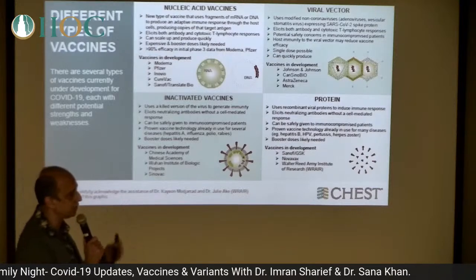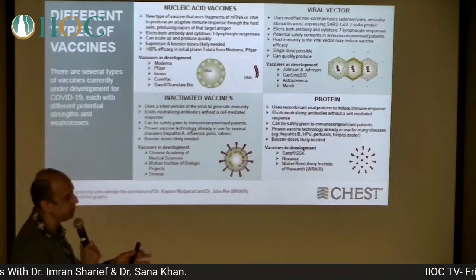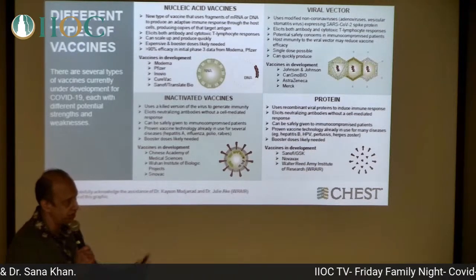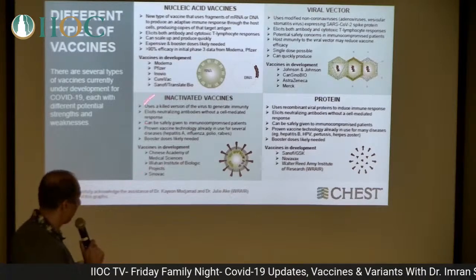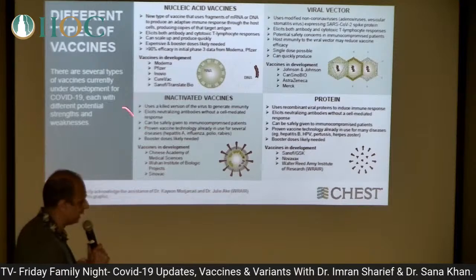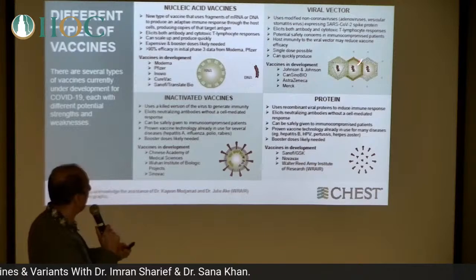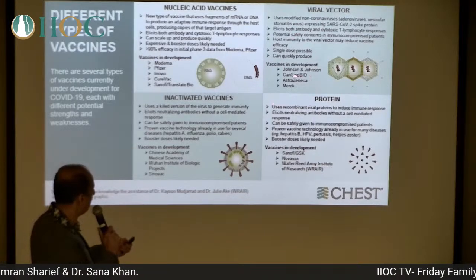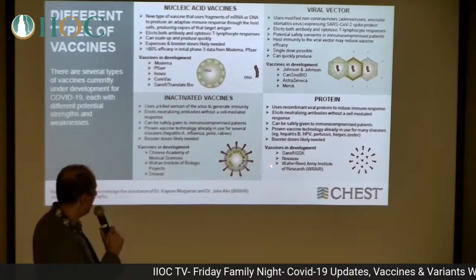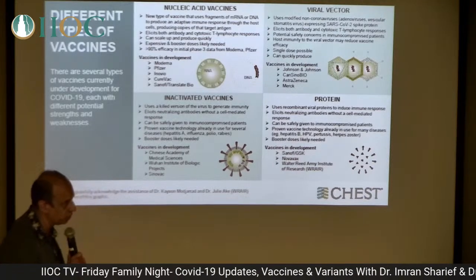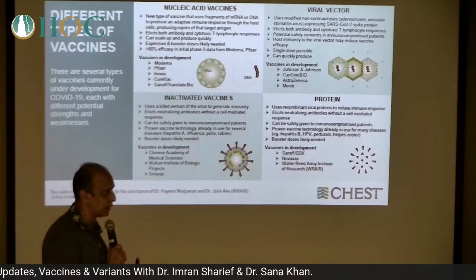So someone is actually using the genetic code to produce the messenger RNA, and the messenger RNA is going to get into your cell and start acting the same way as we discussed earlier, in how the body reacts. The other approach is giving your body a dead virus, a dead COVID-19. And then there is the viral vector: AstraZeneca, CanSino, J&J use the same method. And Novavax, which is a brand new vaccine, is not FDA approved yet, but the data was